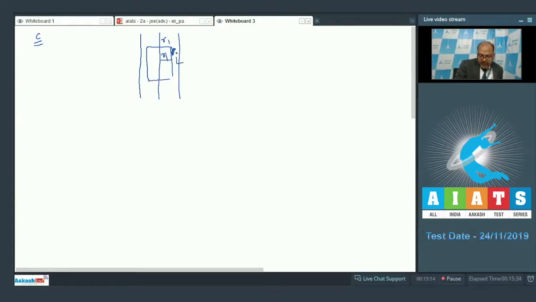Making use of symmetry, the electric flux through this Gaussian surface will be equal to E into 2 pi R1 into L, and this is equal to charge enclosed, which is density of charge into volume, pi R1 square L, upon epsilon naught, which means the expression for E would be